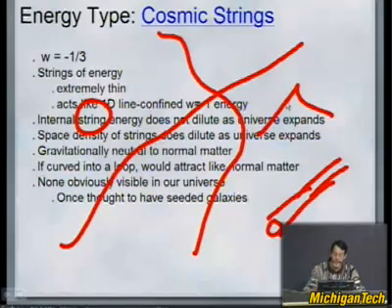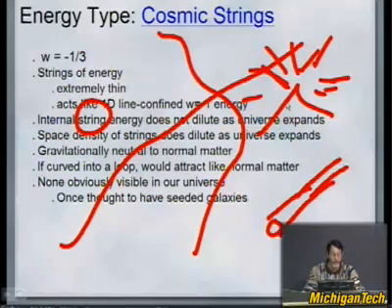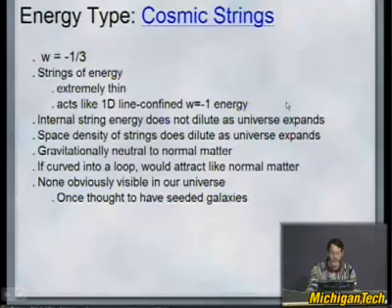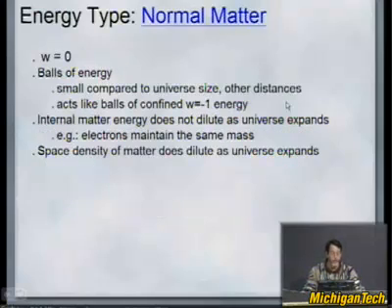These strings can actually have kinks in some way, and these kinks could be very luminous. These are other things that are looked for in cosmic strings, which are not necessarily found out in the universe. They may have seeded galaxy formation in the early universe. That's also another theory.